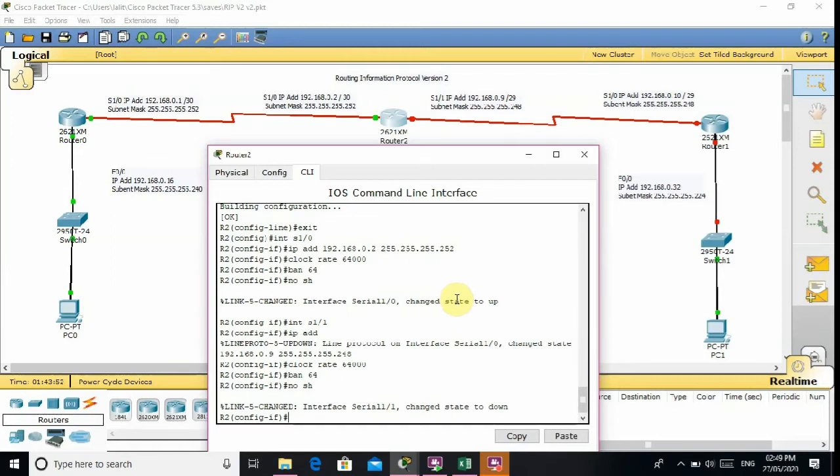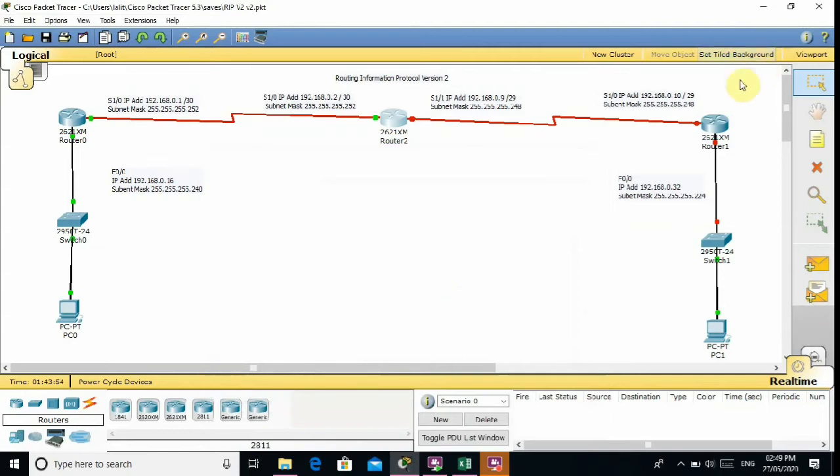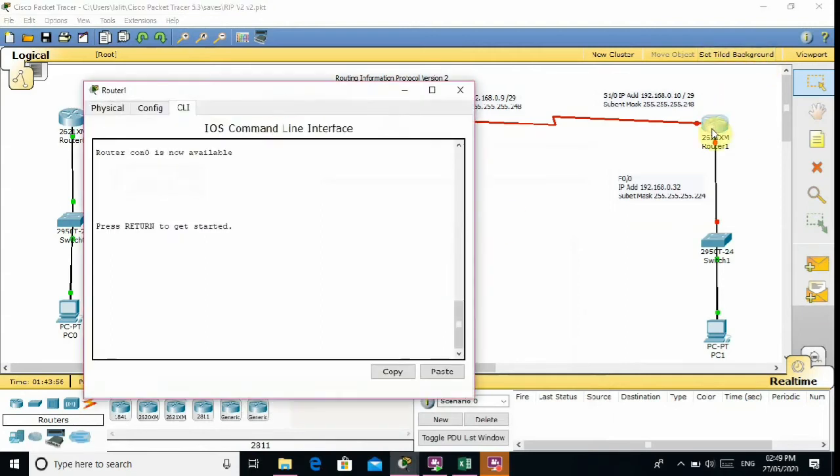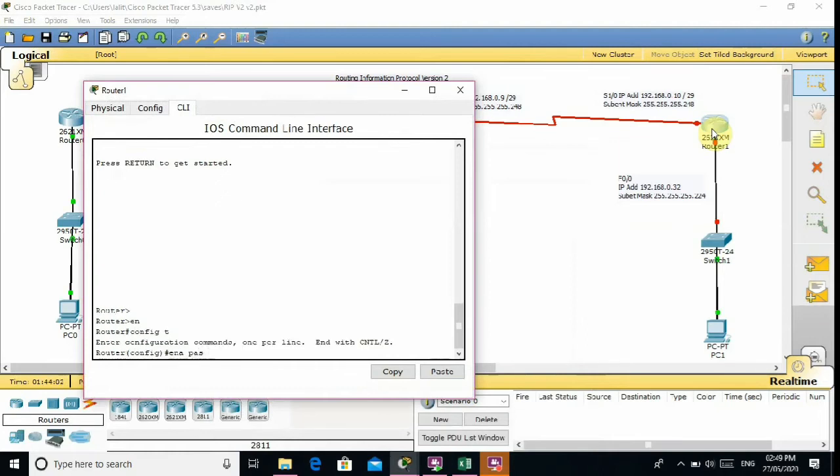Now I am going to router third. From user executable mode to enable mode and configuration terminal mode. Now I change the router name to R3. Enable password is CCNA. Enable secret password is CCNP.